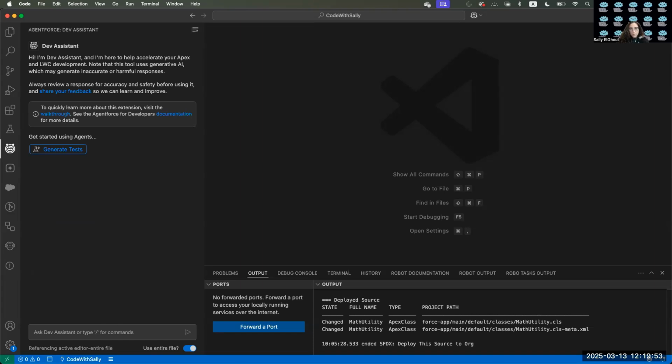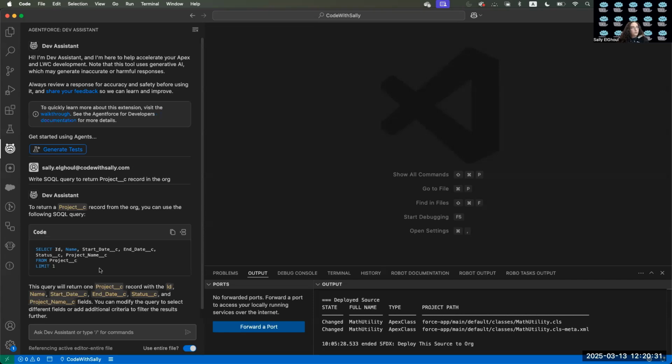For example, now I want to write a query. So I can say, write a SOQL query. I have to start with a verb to tell the prompt what I need to do. Write SOQL query to return project records in the org. I want SOQL to return the project. This is the object API name in the org. If I hit enter now,